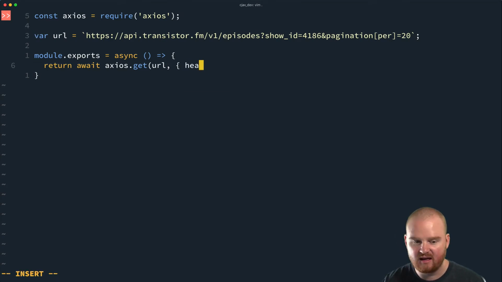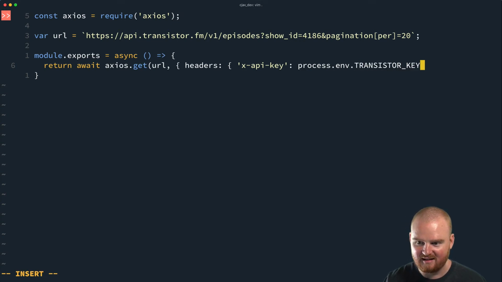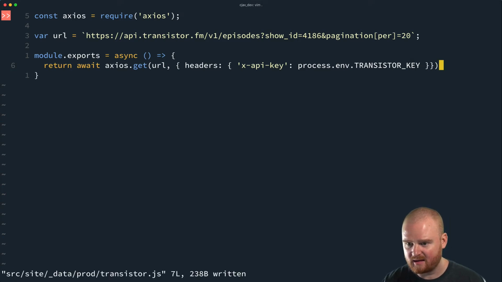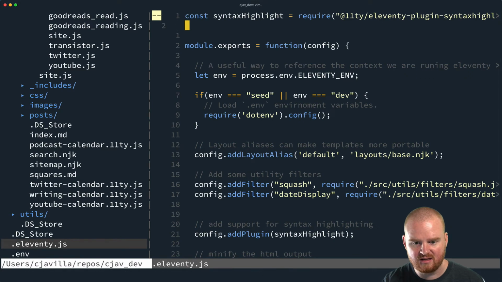So we're going to specify headers here, and those are going to be x-api-key, and I've stored the API key in my environment variables, Transistor key. Then I'm deploying this to Netlify, and inside of Netlify you can set up your keys there. I'm not going to show what those look like, but I did want to show that I had to do something interesting in